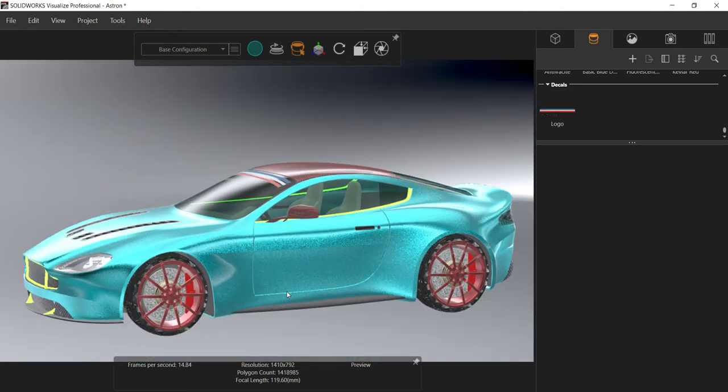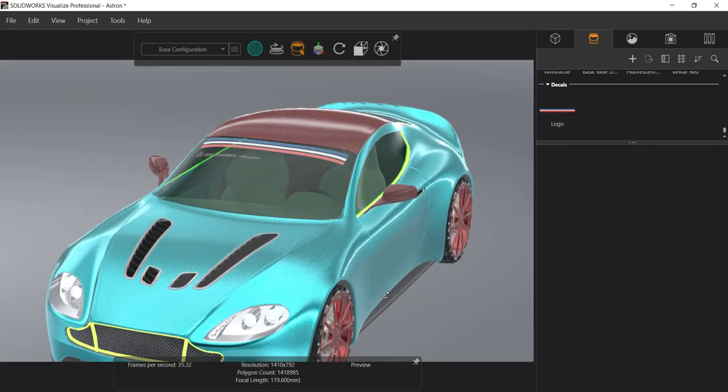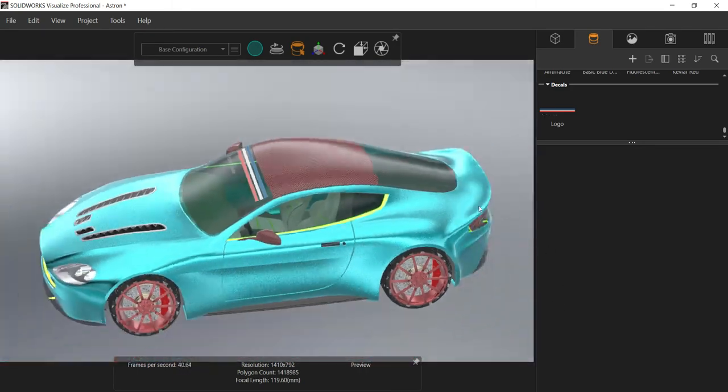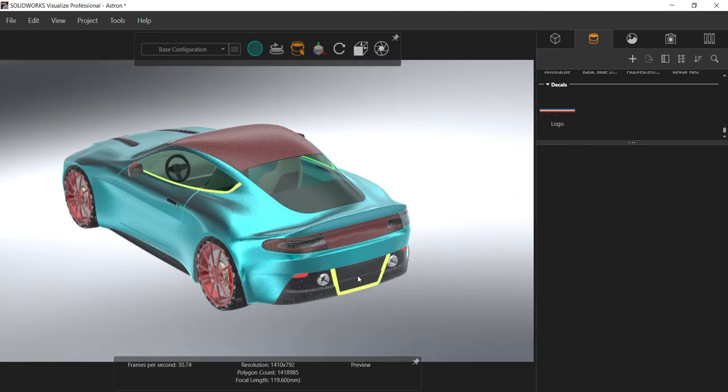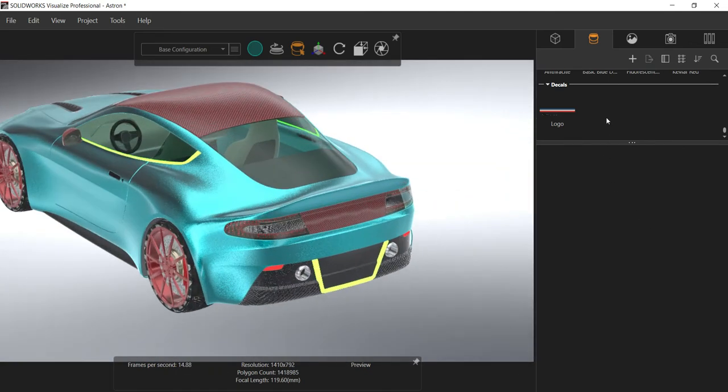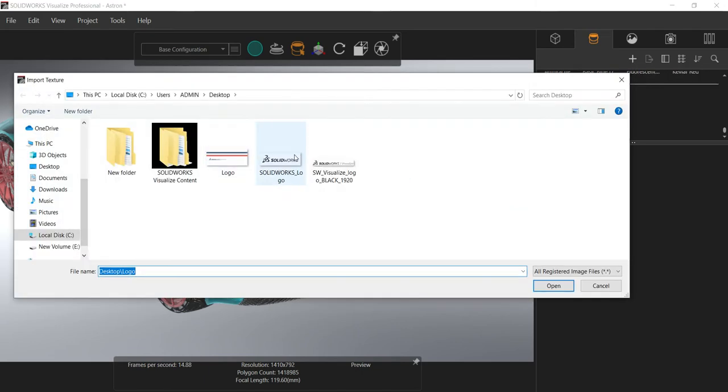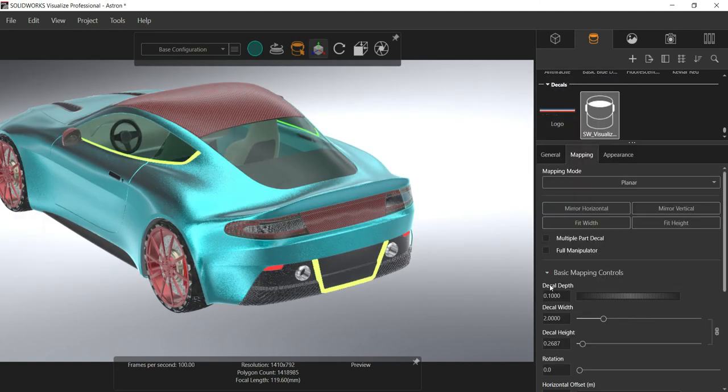Let me add one more logo somewhere on the back here. Let me place it here. So again I'll click on the appearance tab. From there I'm going to click on add decal, new, and image. I'm going to browse. For now I'm going to browse this SolidWorks logo. So let me go with this. Just add it here, drag and drop on the part here,